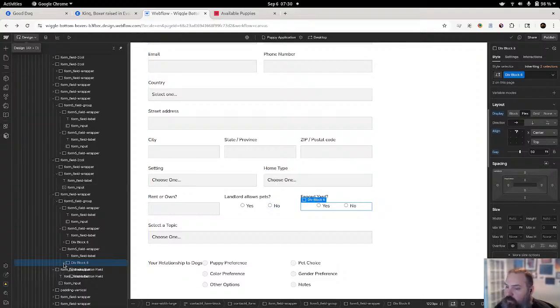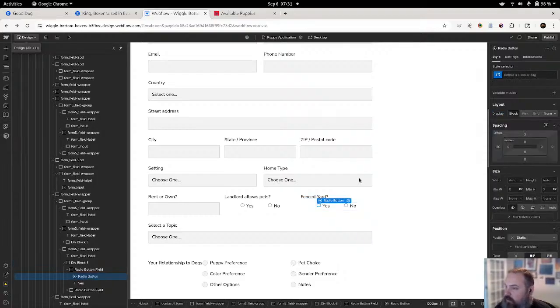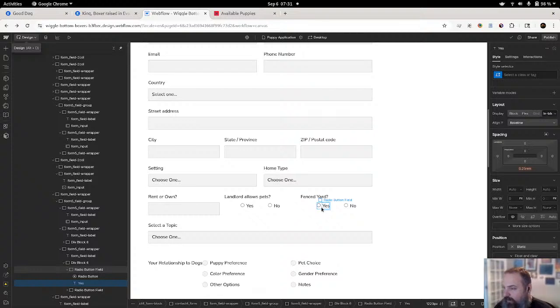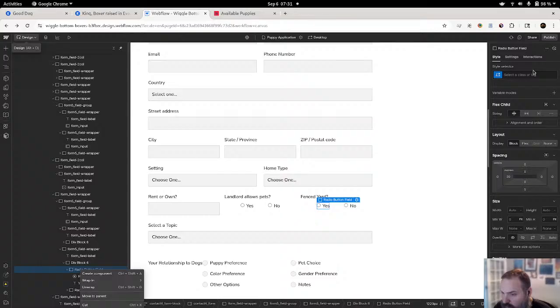We do need to adjust the values just so it has the right information in the form. The settings.